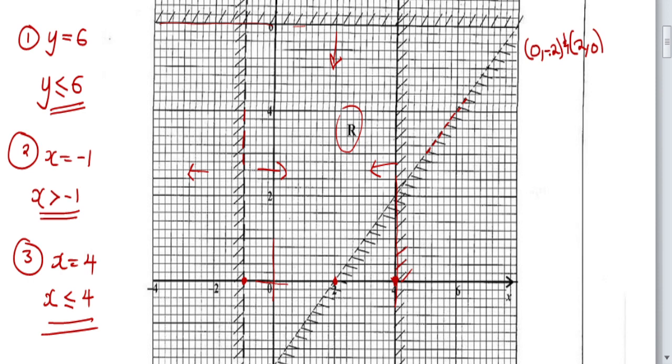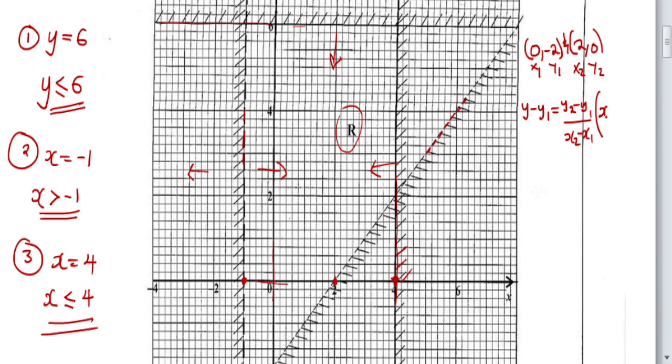Now remember what we did in coordinate geometry to find the equation of a line. We can simply use the formula to find the equation of the line. Let us call this one our x1, this one our y1, this one our x2, and this one our y2. Then the formula is as follows: y minus y1 must be equal to the gradient, which is y2 minus y1 over x2 minus x1, then open brackets,